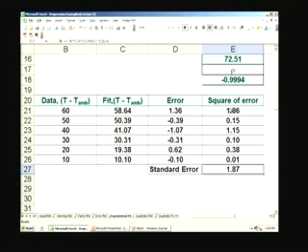E21 to E26, these are the values I am adding, and then dividing by 4, because the number of degrees of freedom is n, the number of points 1, 2, 3, 4, 5, 6, minus the number of parameters 2, that is going to become 4. So this is the standard error expected in the calculation. I calculate it here. Now I can go to the plot